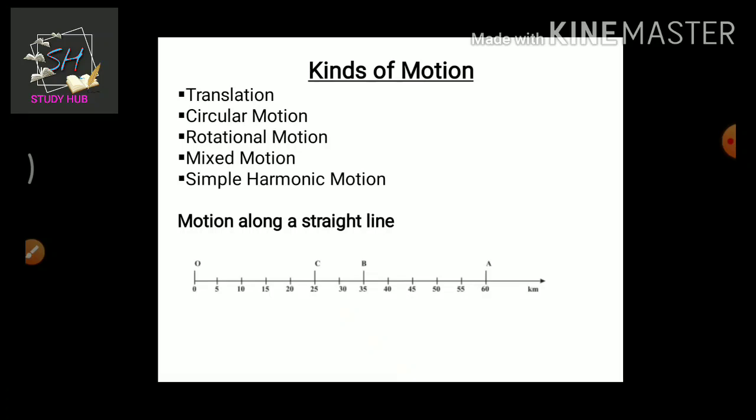Simple harmonic motion is also known as oscillation, where we learn about the motion of a pendulum. Now in our syllabus there is only translation, which is linear motion or straight line motion. But if you want to know the details about these 4 types of motion, then